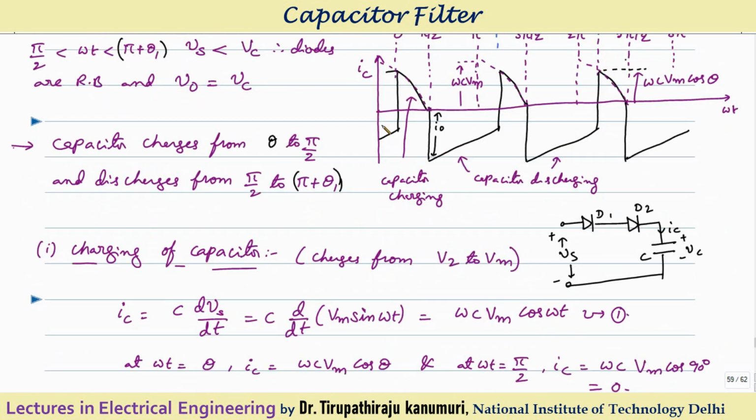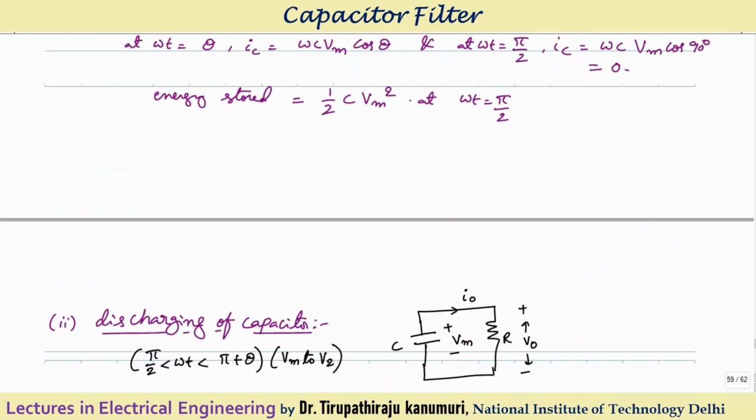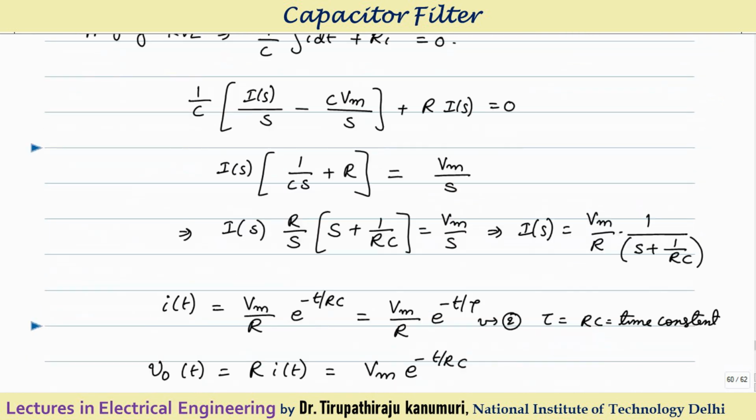Now to go into the capacitor current also, you can see from this point to this point it is charging, and from this point to this point it is discharging. Again it is charging and again it is discharging, charging and discharging. So the current direction is reversing in the capacitor during discharge. That's why I have represented it here. I hope it is clear up to here. So let us proceed further.